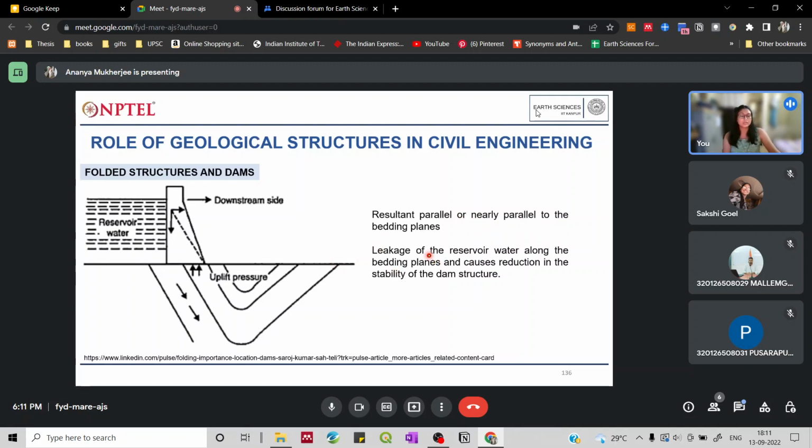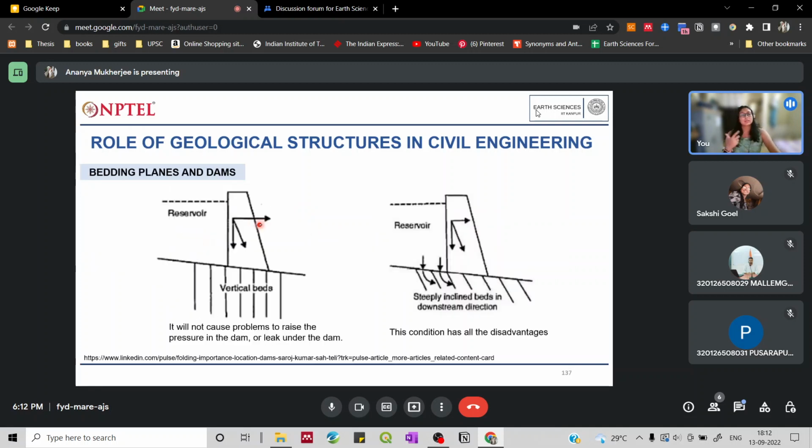So the leakage caused by the reservoir water will seep through these bedding planes, and this will create instability in the structure of the dam. If the bedding planes are dipping on the downstream side, this will be a problem for the dam structure. Now we will consider different kinds of bedding plane inclination and the effects they have on the